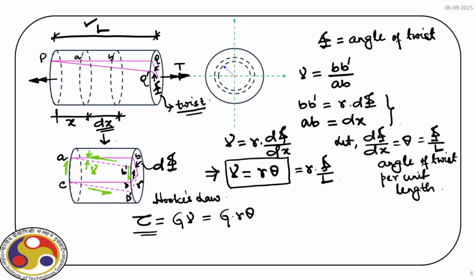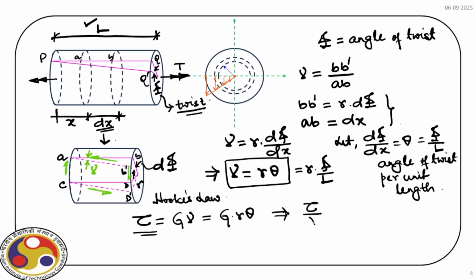at r equal to 0, we have 0 shear stress, and at the full radius we have maximum value of the shear stress, and in between we have linear variation. So this is the distribution of shear stress over the cross section. Recall, in case of bending we had a linear variation. In case of torsion also we have linear variation, and if you look at the expression, we have